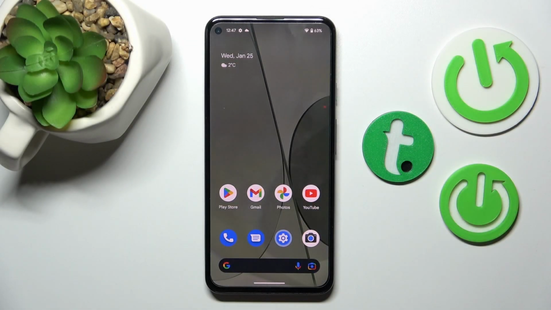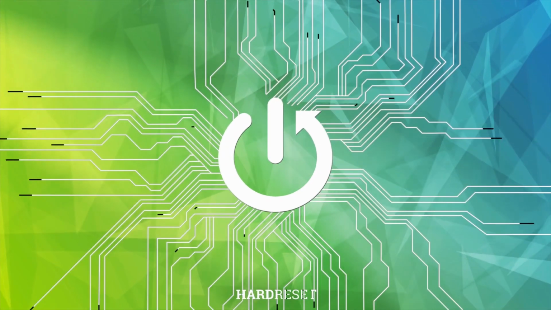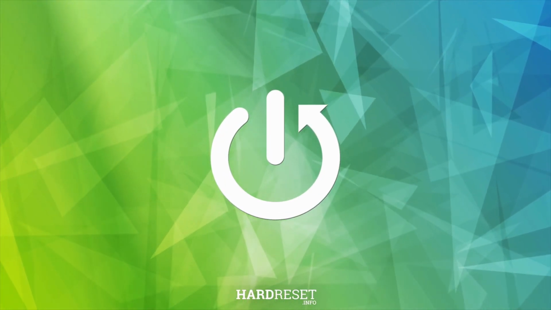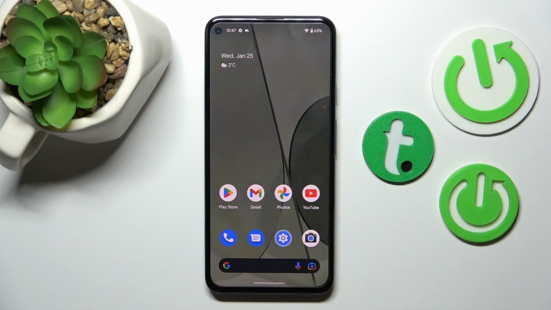Hi, today I'm reviewing Google Pixel 5a and I'll show you how to enable or disable Google Feed on this device. So now we can see that the Google Discover is activated, and if you want to turn off this option,